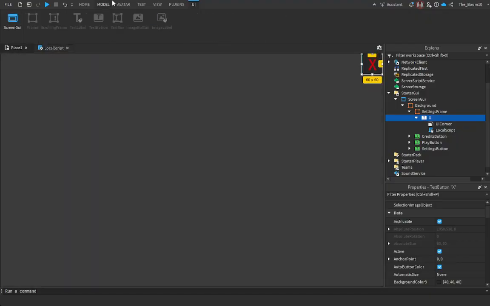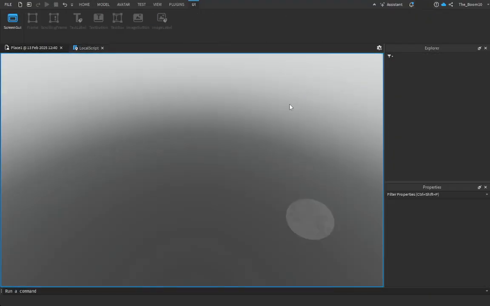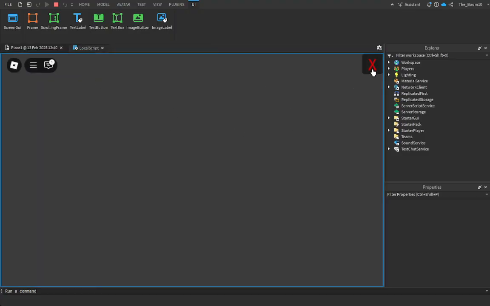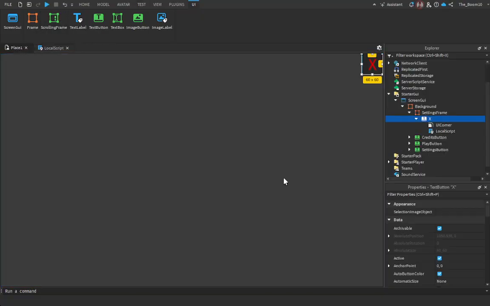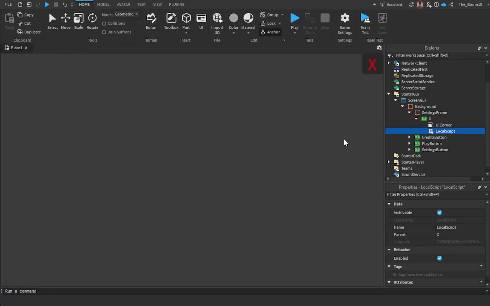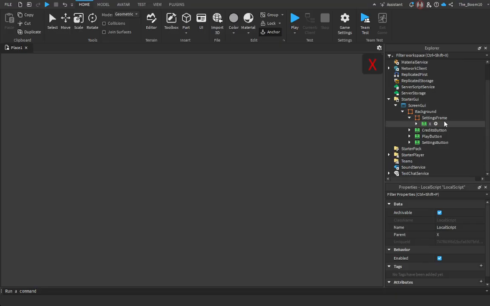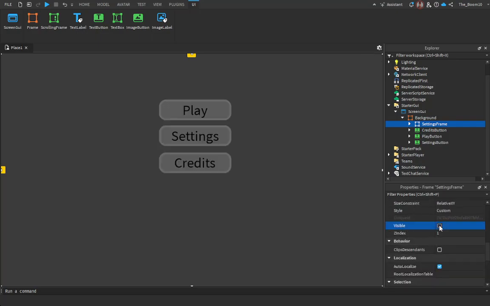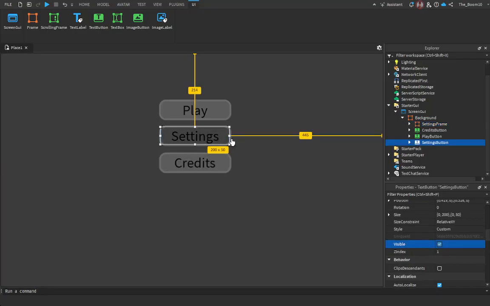So now, if I playtest the game, then we can see that I can click on this X here, and our main menu is back. And now, the only issue is we don't have a way to open this menu. And to do that, it's very simple. We're going to go to settings frame, and then we're going to find the key property called Visible down here, set it to false, that way we can see what we're doing over here, select our settings button,